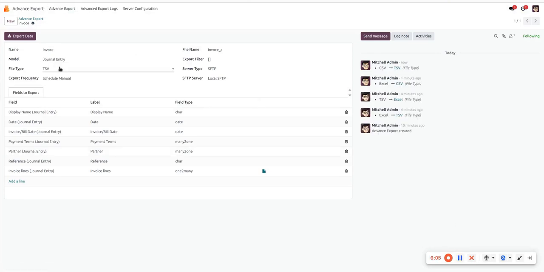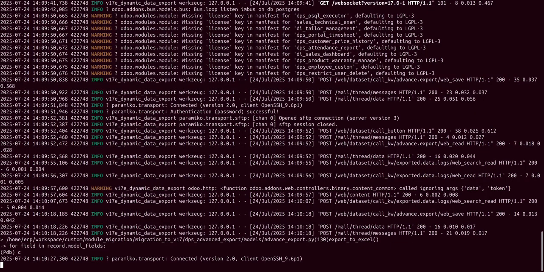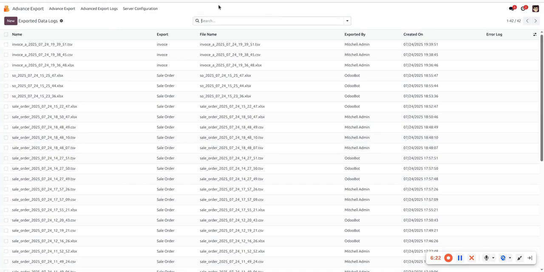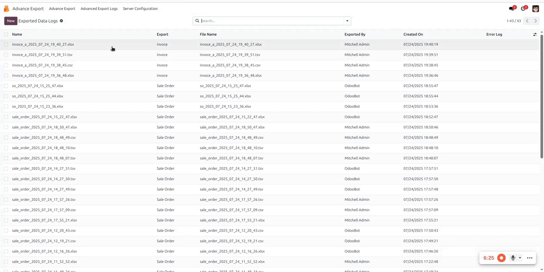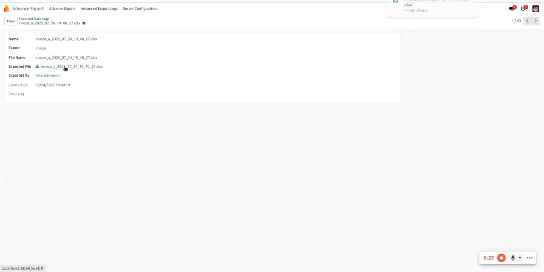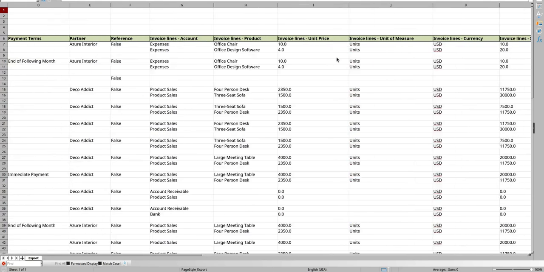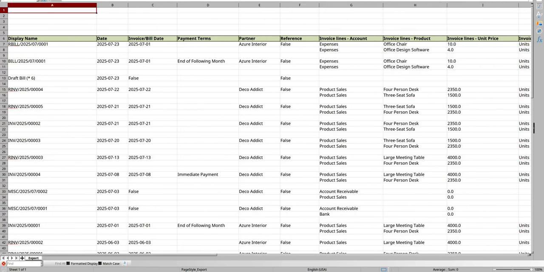Okay, so we are selecting Excel and trying to export manually. And okay, so if you refresh the page here, you can see this file is downloaded, and this is our data. It will also manage one-to-many fields like this one. It will not create a new